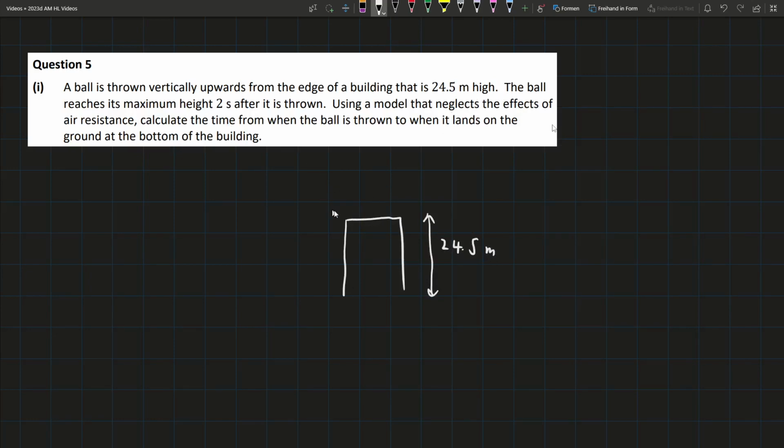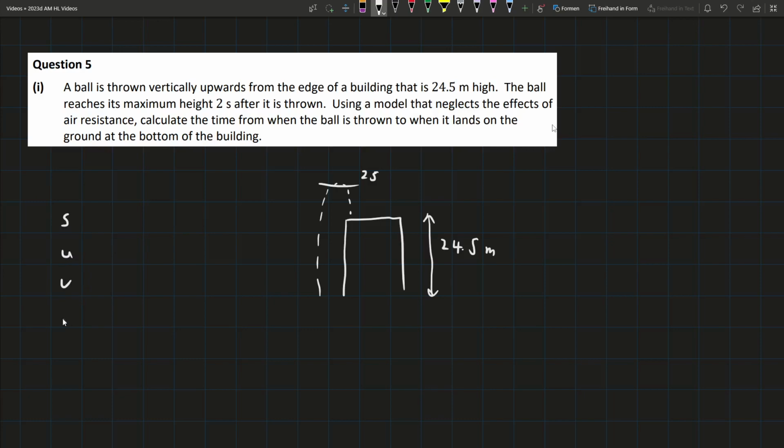It reaches maximum height 2 seconds after it's thrown. So you can see it's thrown like that and it reaches here after 2 seconds. Using a model that neglects the effects of air resistance, calculate the time from when it's thrown to when it lands on the ground. Okay, well, because we don't have to worry about air resistance, we can use the SUVAT equations since our